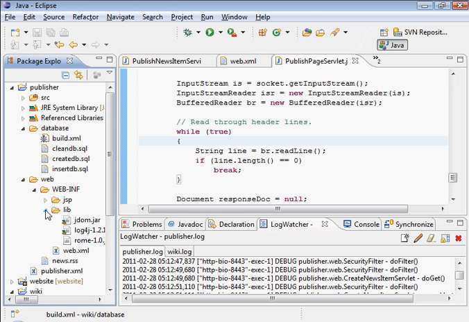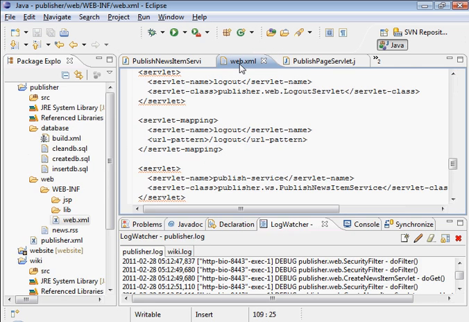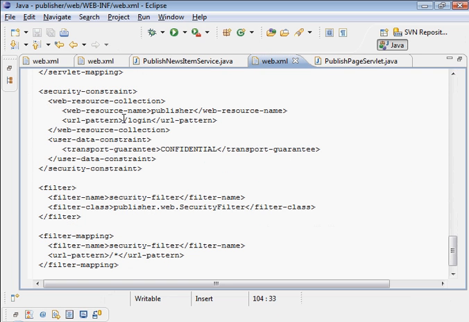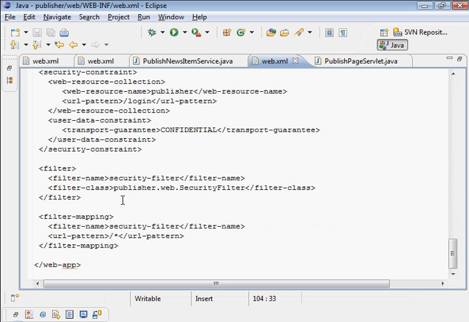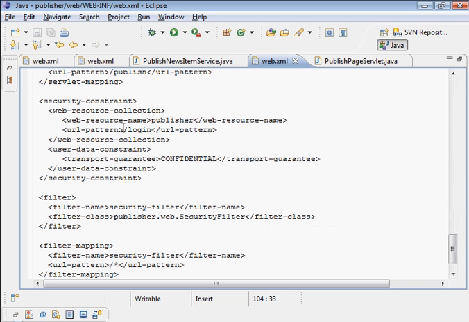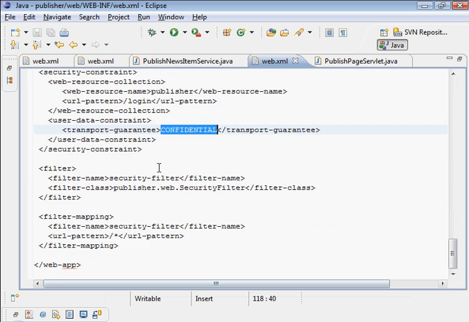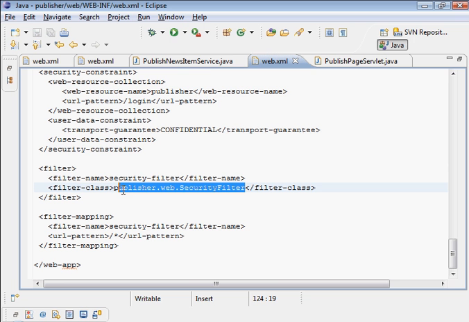Here's publisher. Let's look at the configuration for security. And if you look down here, this part of the security is where the login is done over HTTPS. We encrypt the password during login, and here we configure a security filter. Right, so this is a filter, and this is the filter mapping. So this servlet here is probably not letting the request go through